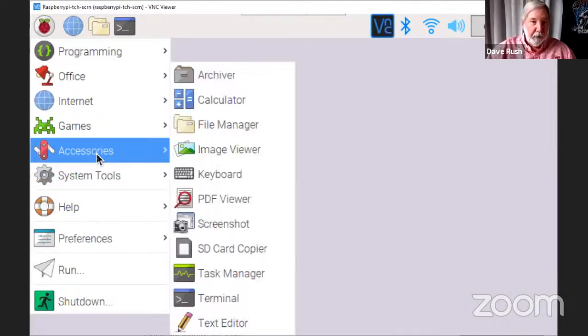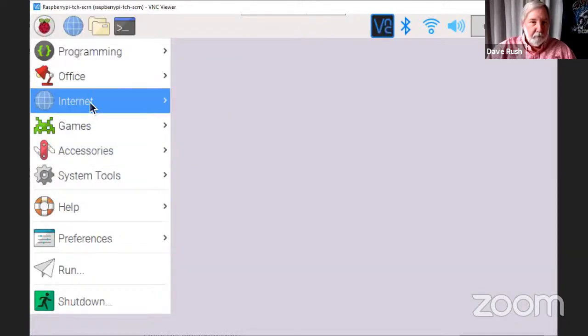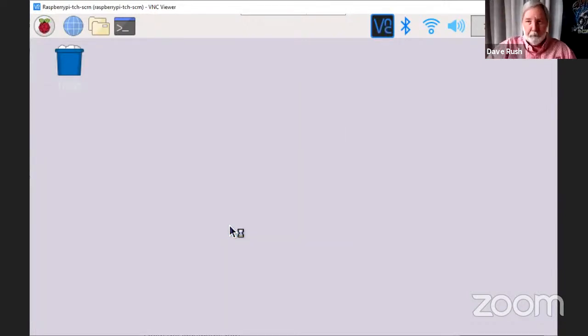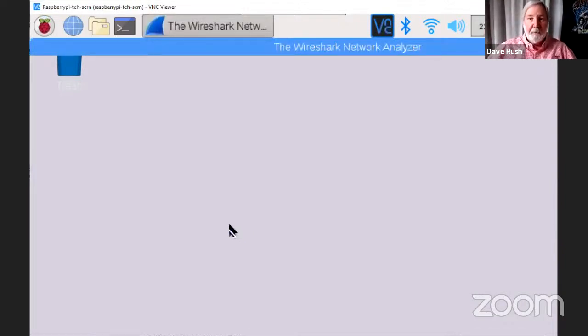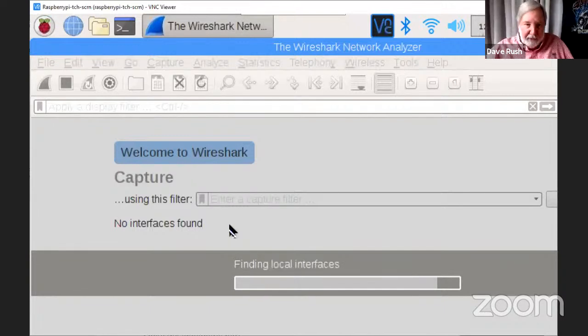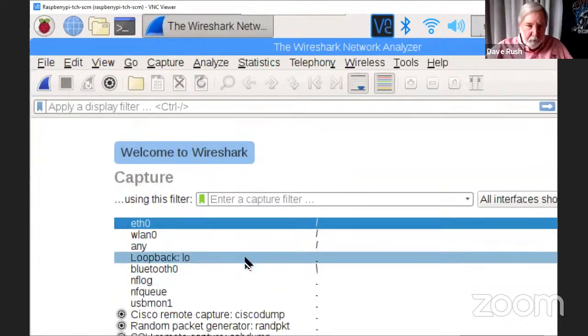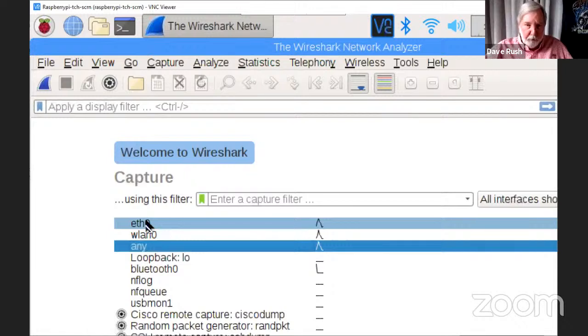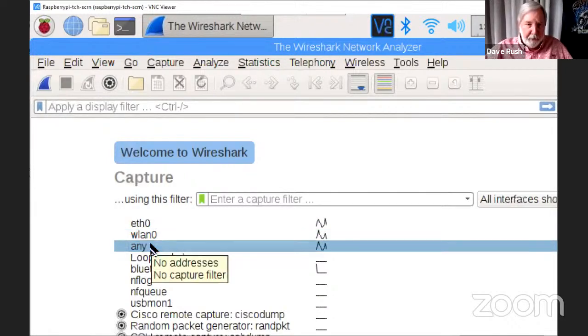We're going to fire up Wireshark. Well, I never remember where it is. Accessories? Internet, Wireshark. Take your time. So this machine has an Apache web server running in the background. You can't see it happening, but that's okay. We're going to go hit it after we start the capture process going. All right, I don't know if it's going to come through Wi-Fi or through the Ethernet LAN, so I'm going to say capture on any.